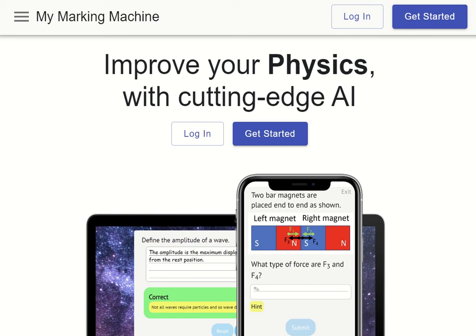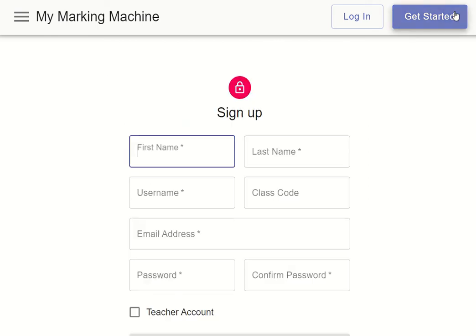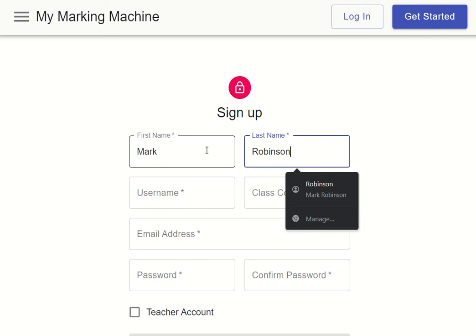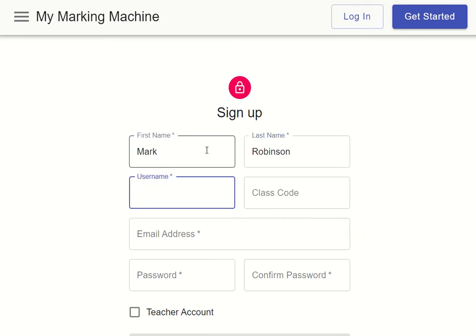This is a tutorial on how to get set up as a teacher on My Marking Machine. Go to the front page, which is mymarkingmachine.com, and click Get Started. Type in your name, whatever username that you want to have,